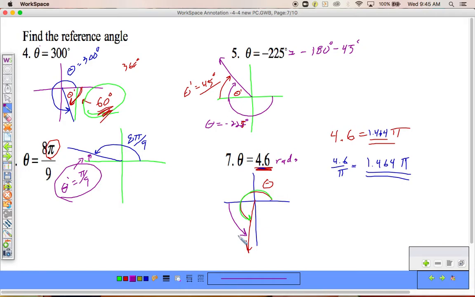So I want to know what this theta prime is. If this whole angle is 1.464 pi's, I'm going to say my reference angle is going to be 0.464 pi, or